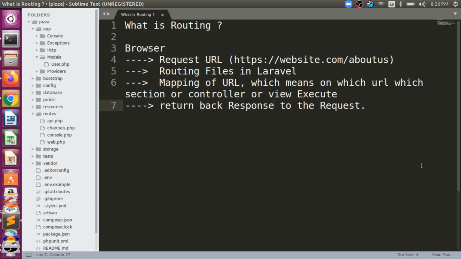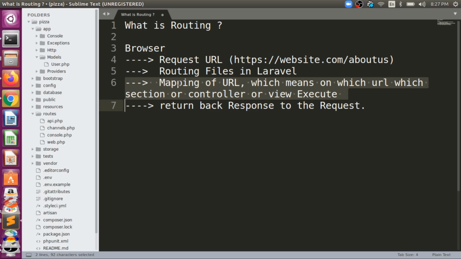So the basic flow is, first of all, in the browser we type something like about us, then it first goes into the routing mechanism. Then the routing will check that we need to load this URL. I'm sorry, I'm wrong here, it will not load that URL.